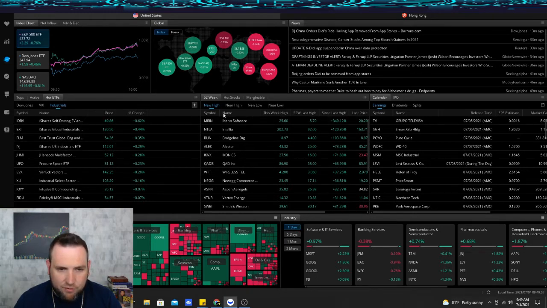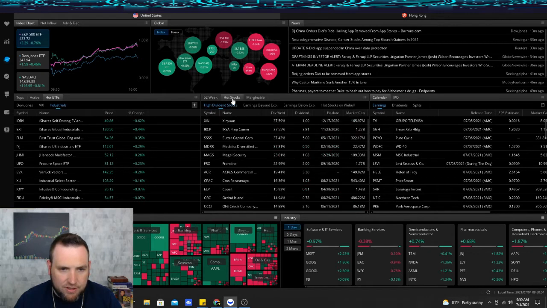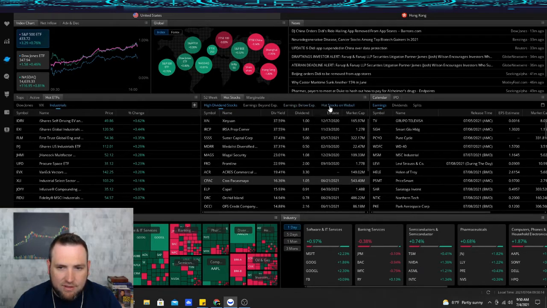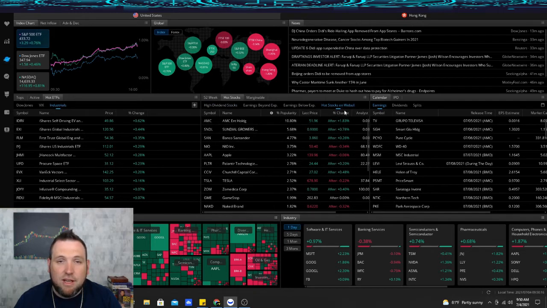And then we got a little 52-week scanner here. You can customize that scanner a little bit. This is high paying dividend stocks, so you could go in here and see the stocks that they are showing right now with high dividends. And then you got a little button that even shows you hot stocks on Webull. Of course, AMC is at the top there because a lot of the Wall Street Bets people use Webull,